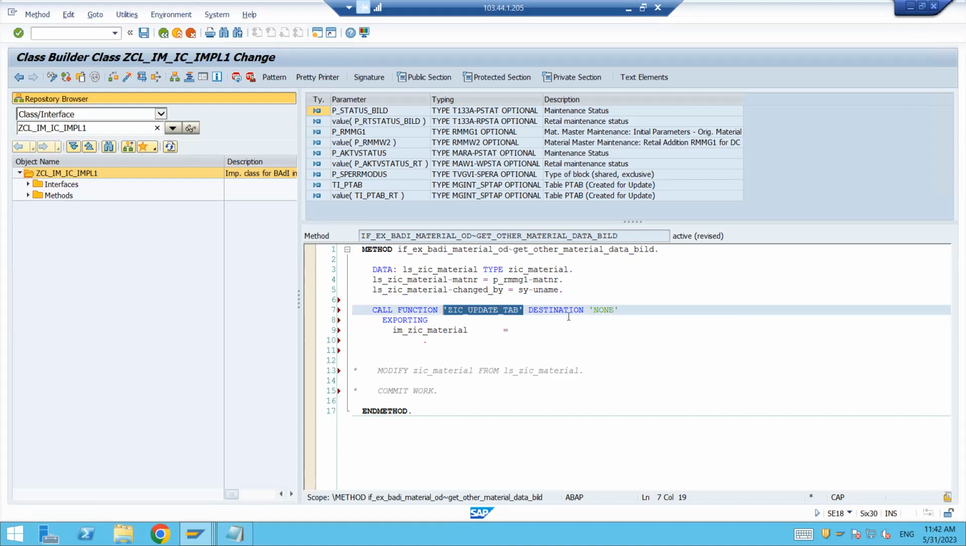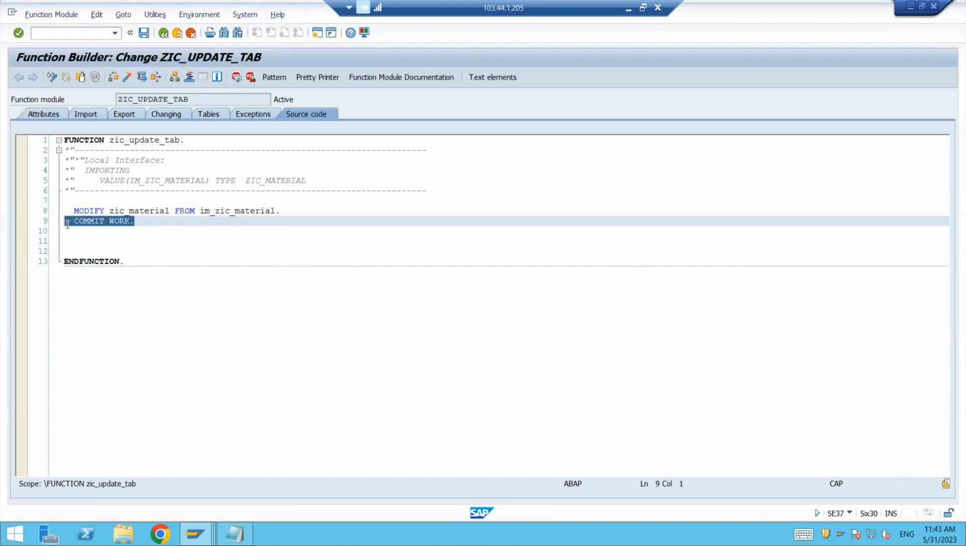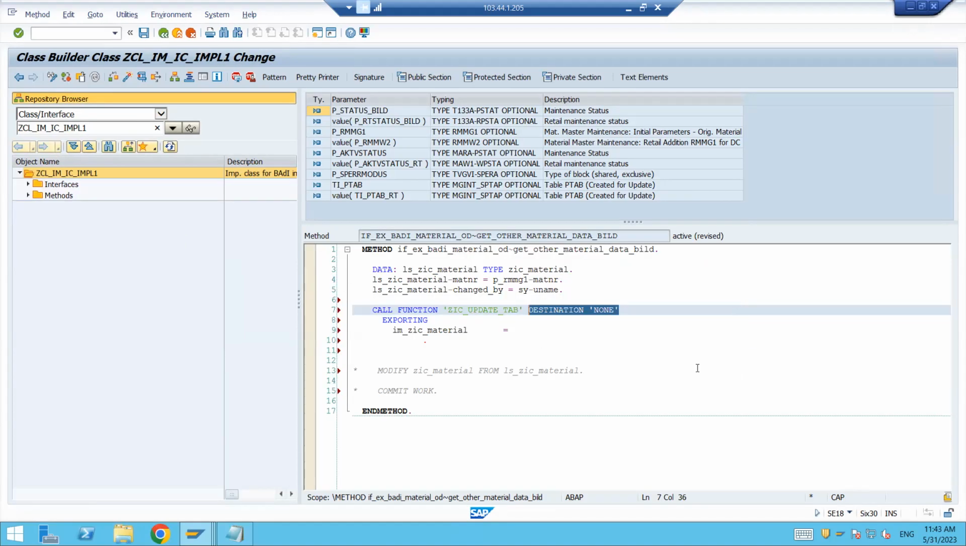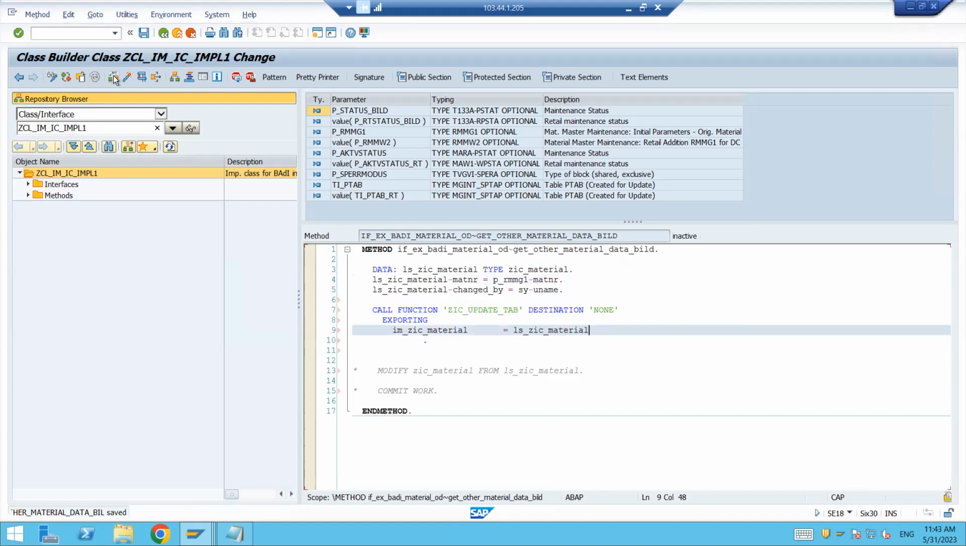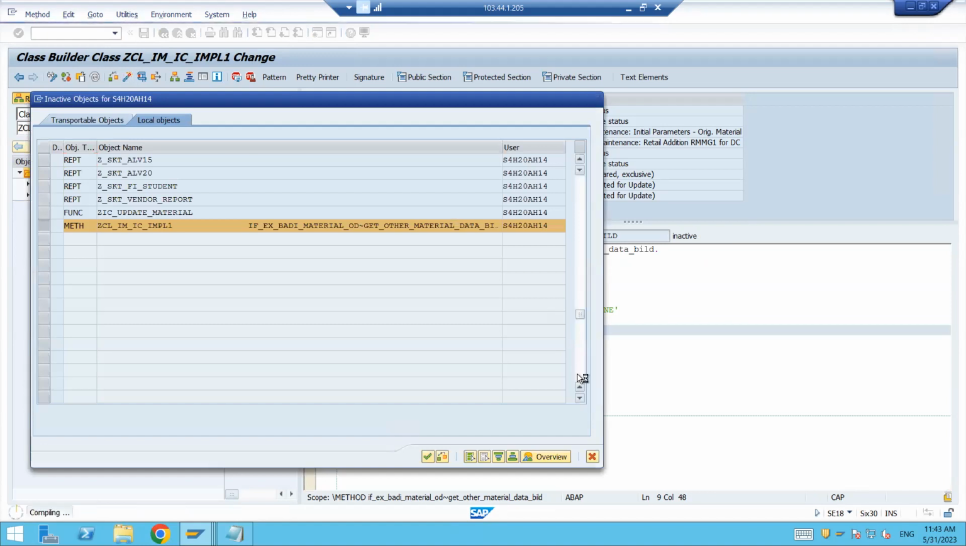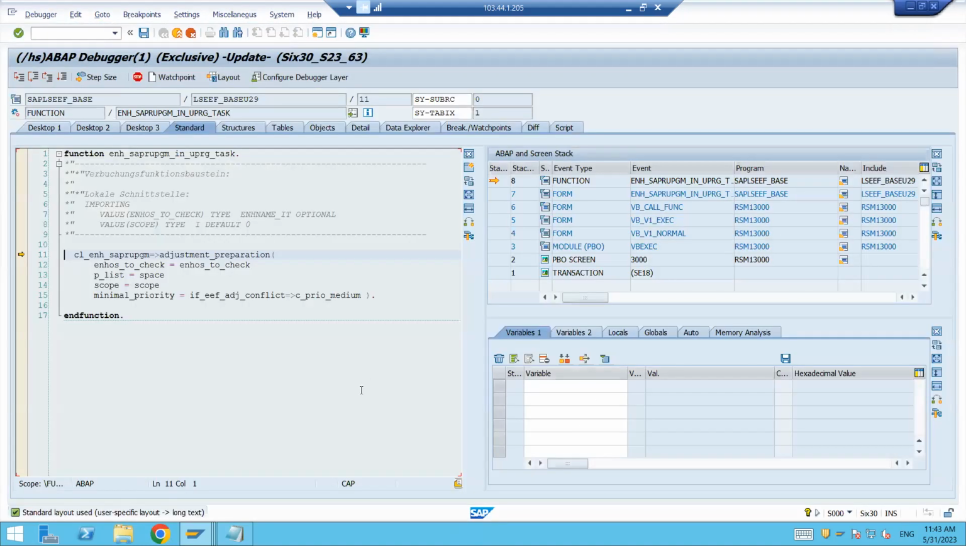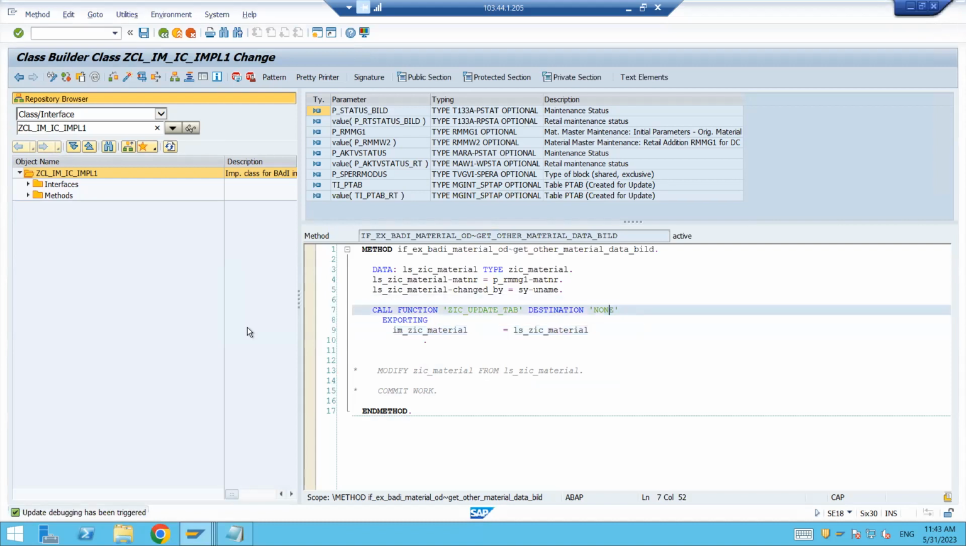Call that RFC function module using destination none, so that it will be opened in another internal session, and when you write the commit work over there, it will not have an impact on the original SAP LUW, and it will not update the data inconsistently. So this is how you have to do it. Here, if you see, just save this one, check this and activate this one. Just activate this one. And now, if you see here,